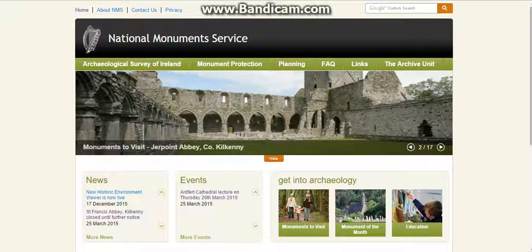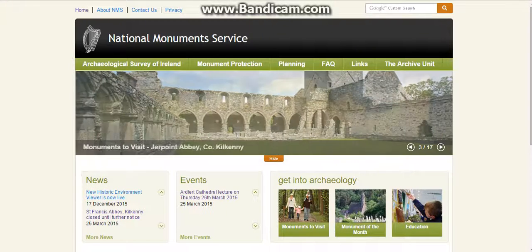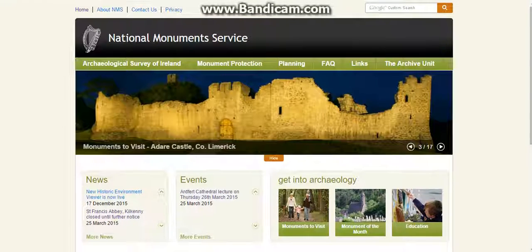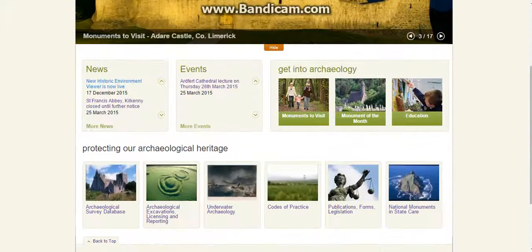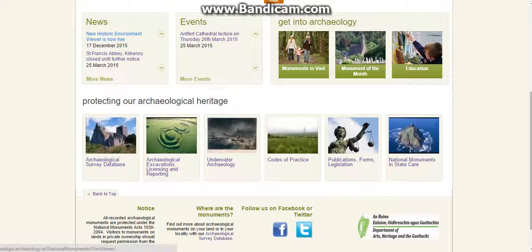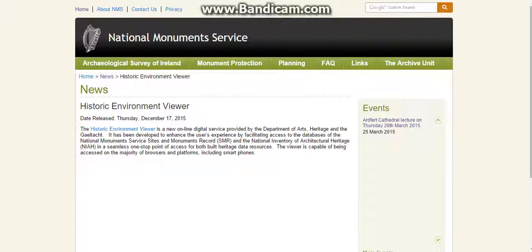We're going to have a look at the new historic environment viewer that's now available via archaeology.ie. If we scroll down to our familiar bit on archaeology.ie, Archaeological Survey Database, look at the URL in the bottom left hand corner here. It's not been updated. It will take you to the old website and that no longer works. So for the minute, just pop into New Historic Environment Viewer on the News tab and that will take you through to a link. The direct URL is